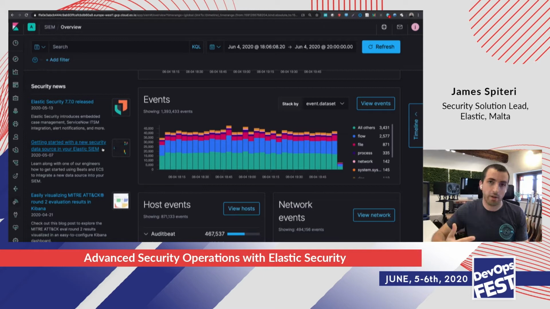So their job is literally looking at malware samples, writing detection rules, seeing what's relevant and about attacks happening today. How can we detect them? How can we prevent them? So anything they're working on, they have the ability to write a blog post and publish it straight to the